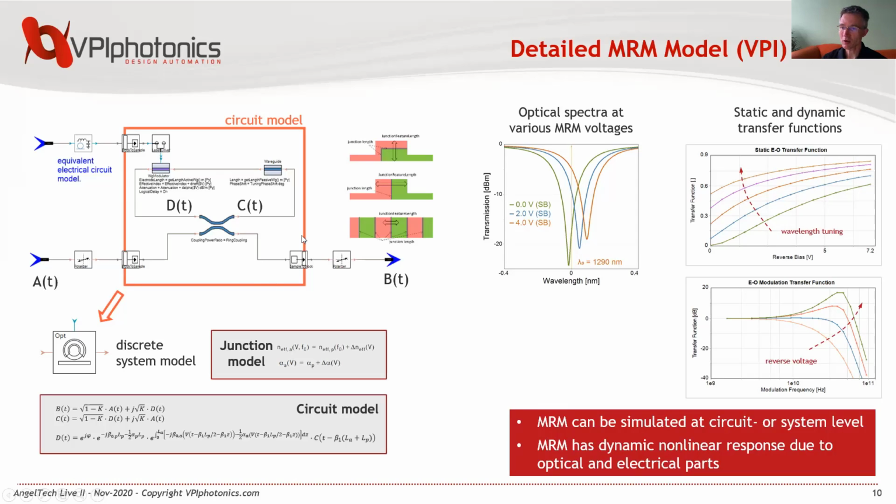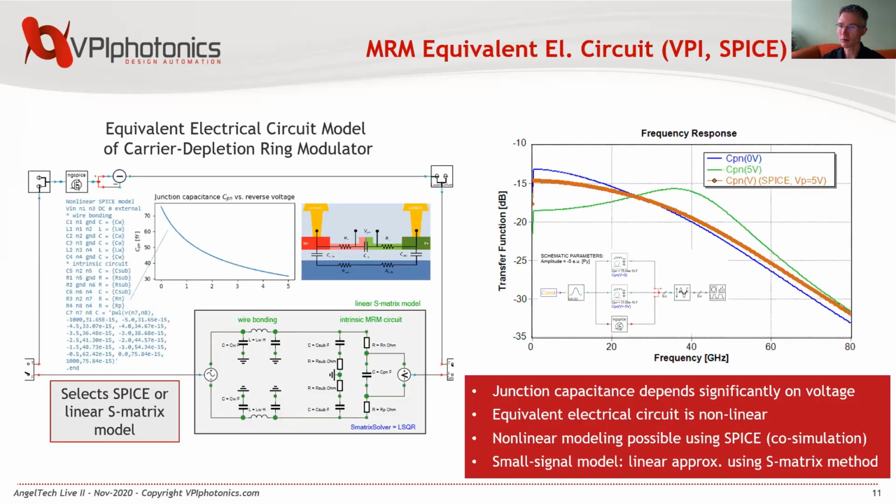So this is all on the optical modeling then, but it's also important to model appropriately the equivalent electrical circuit of this microring modulator. And this is how the modulator would be seen from the electrical circuits driving this modulator itself. It's not replacing the modulator optical characteristics, but it's actually how the modulator affects the electrical circuits before that. And for this, you could use a so-called equivalent electrical circuit model for this modulator. And the typical ways of doing this are either linearizing this using an S-matrix approach or using a nonlinear modeling via